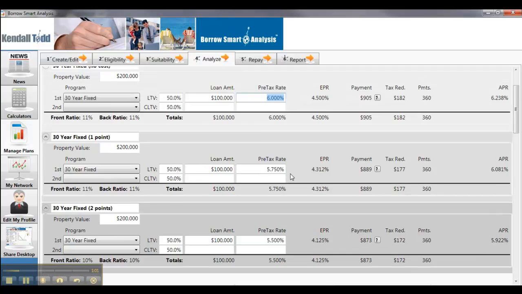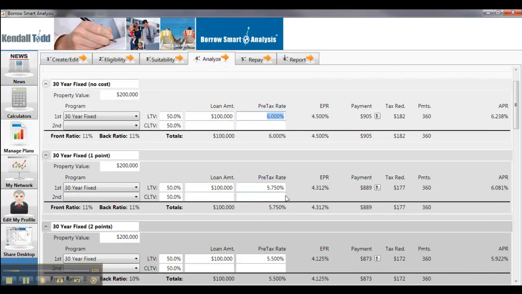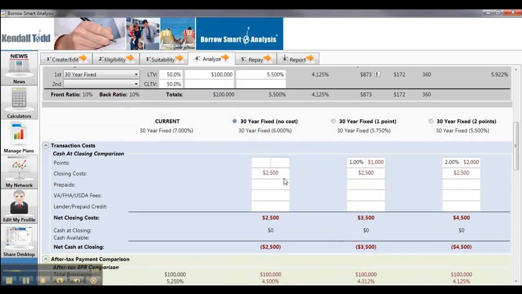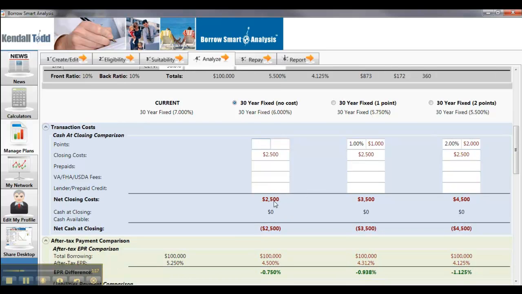So in the scratch board, this is going to set up your loan structure, and then below we can see how that will all work out. As I've come down below, I've put in points. There's 0 points here, 1% and 2%. I've got closing costs of $2,500 for each. So my net closing costs for this client are $2,500, $3,500, and $4,500. The net cash at closing will be negative $2,500, $3,500, and $4,500